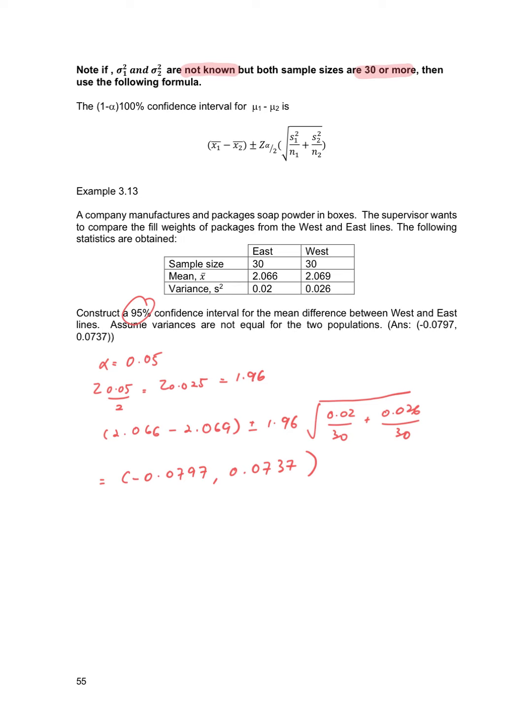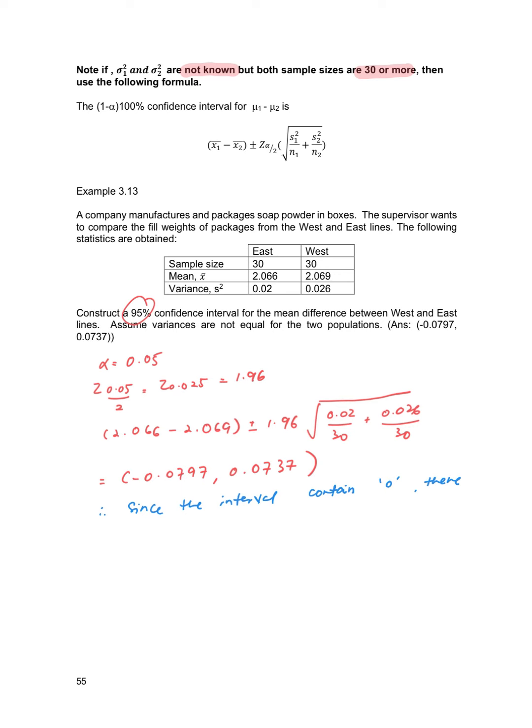Since the interval contains 0, okay, so we can say that since the interval contains 0,